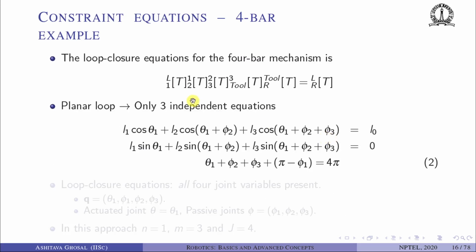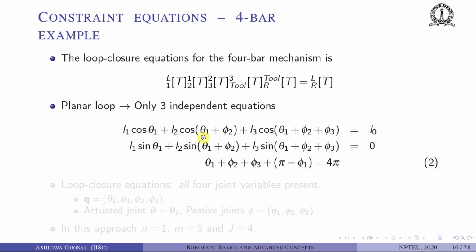Okay, so this is a planar equation. This corresponds to a planar system, planar loop. So although this is a 4 by 4 homogeneous transformation matrix, there are only 3 independent equations in this matrix equation. And these 3 independent equations, once you do all this, can be shown to be equal to this: